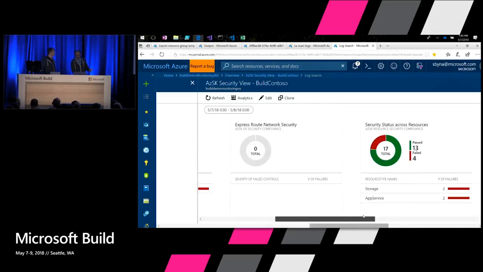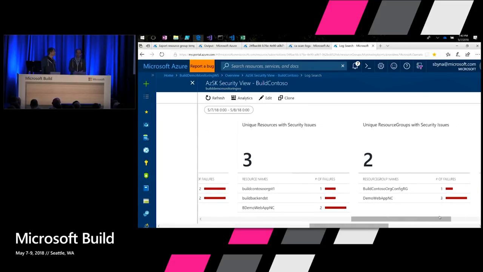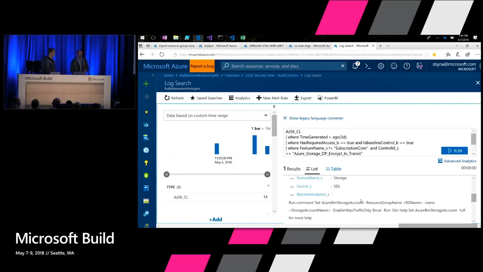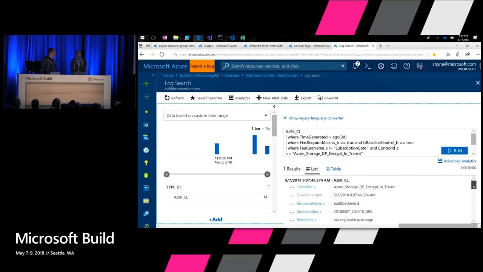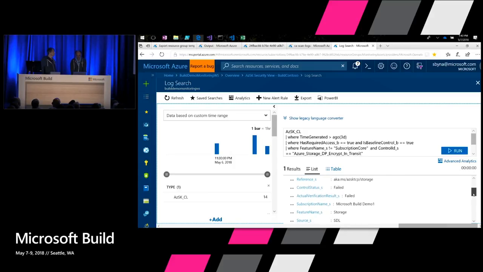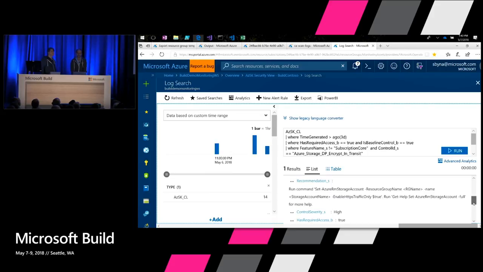And I can also find out the security of my resources. So I can see how the resources are looking, what their security is, and I can even take an action from here itself. So if I just click on any such, say for example, we just fix this control, right? If you look at this OMS event, you have all the required information. You know what the resource is, what the control ID is, and the status, it actually failed, and it also has a recommendation here itself, right?